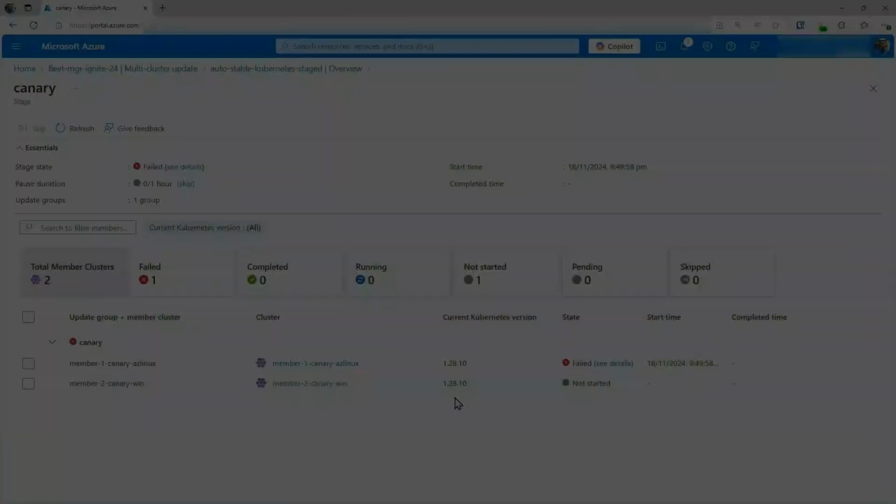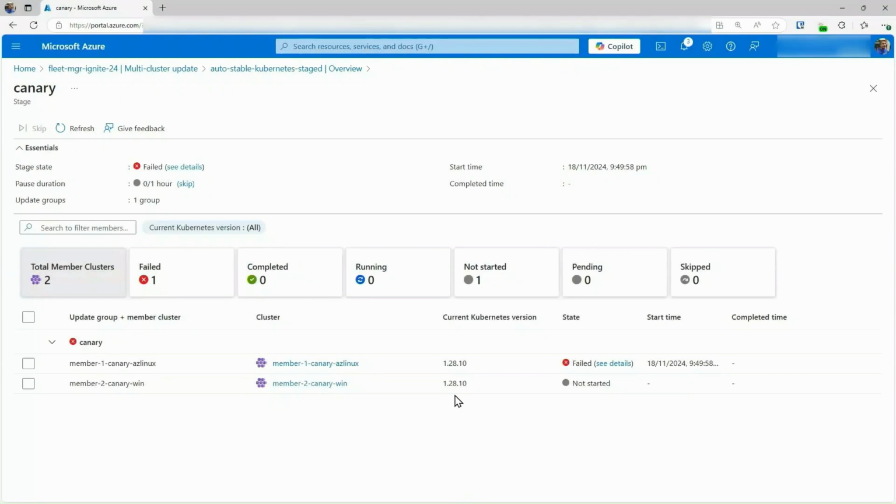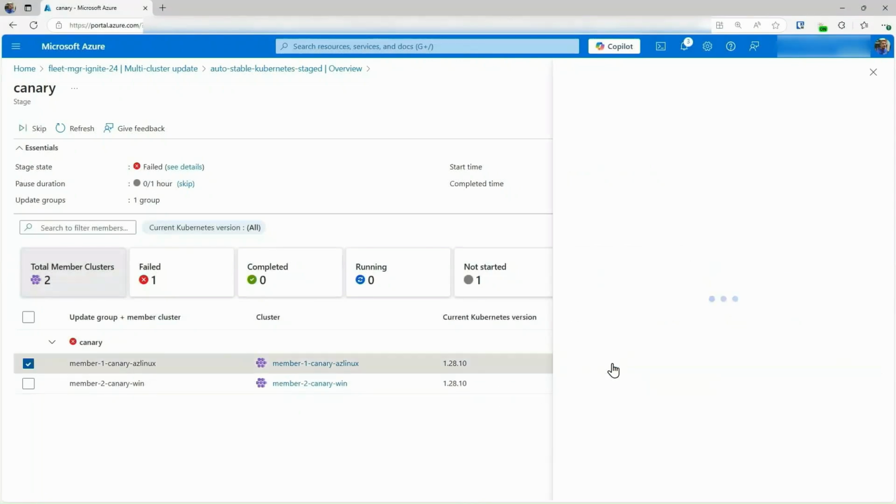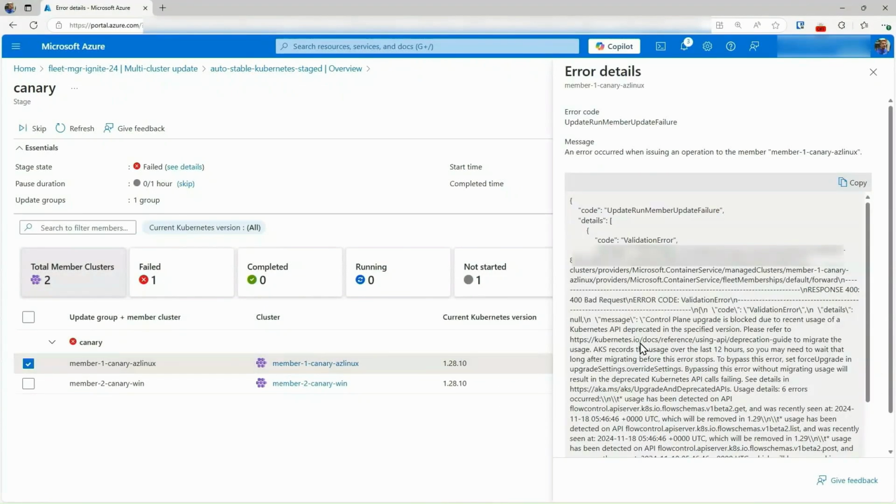Now here's a secret. There's actually breaking changes between 1.28 and 1.29. And one of them was actually in one of these clusters. So the upgrade actually stopped, even at the control plane upgrade itself, because there were breaking changes, namely on flow control. So these were detected in the last 12 hours by either a client, an application, or an operator, and the upgrade never starts. So this full set of upgrades never continue because our cluster in Canary failed the upgrade. It never even started in this case.